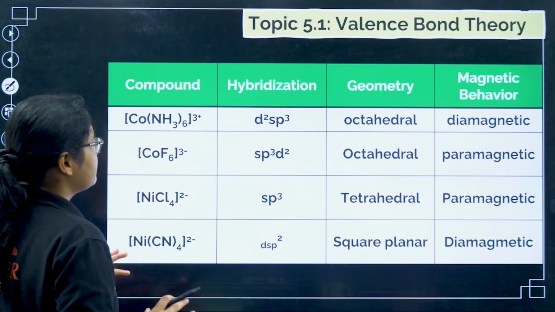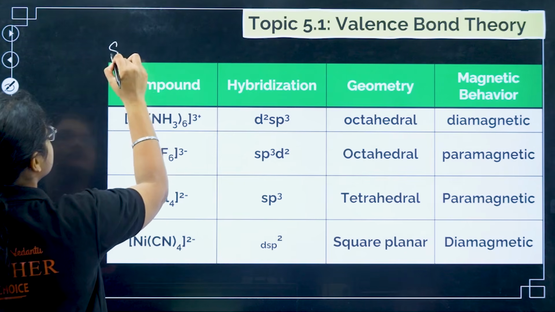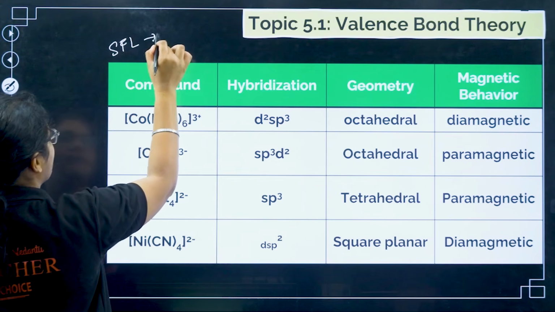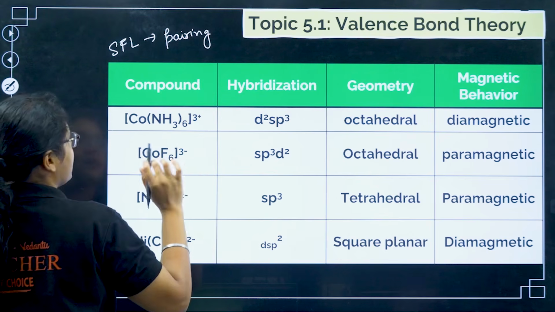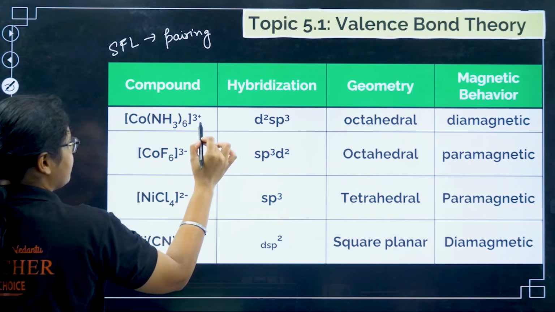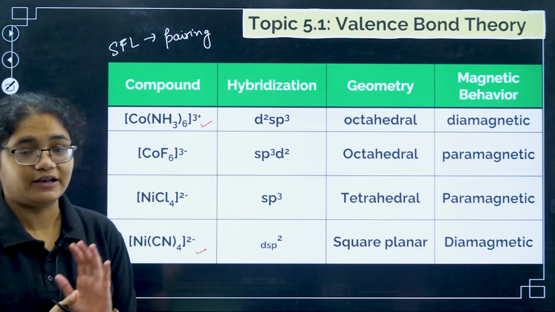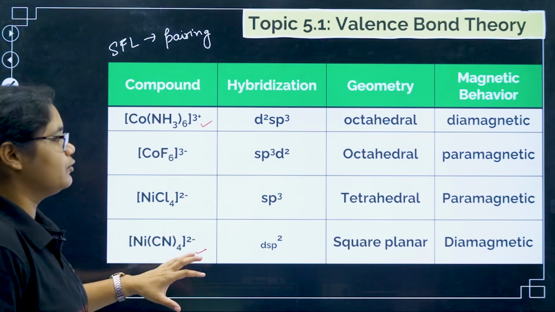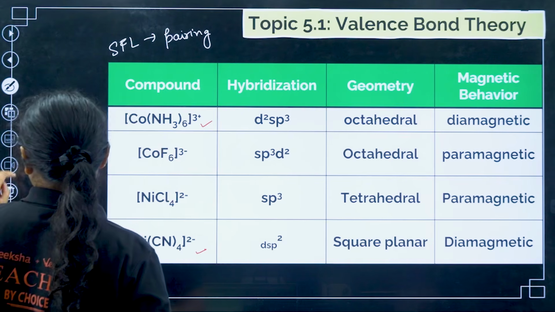Okay, so what you have to understand is, if it is a strong field ligand, then pairing of electrons takes place. Here, which are the strong field ligands? NH3 is a strong field ligand and CN is a strong field ligand, so pairing of electrons takes place. Now I will explain how the hybridization takes place, how you need to write it for one of them. So let's do it for